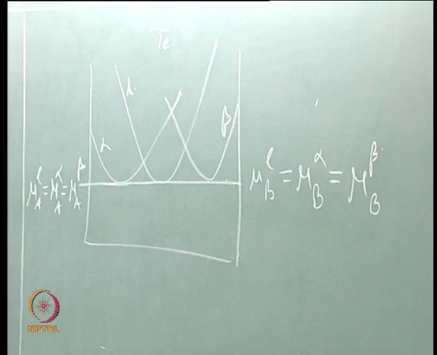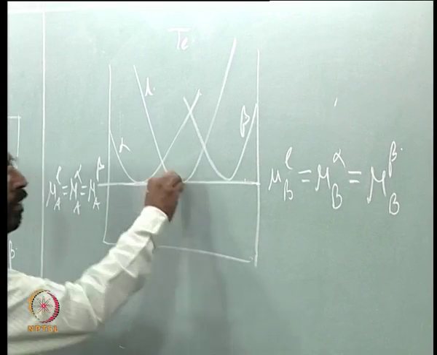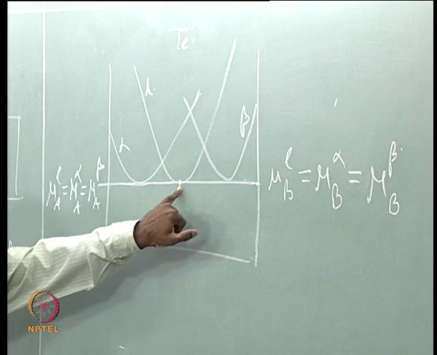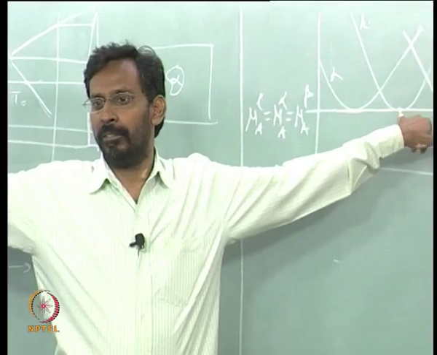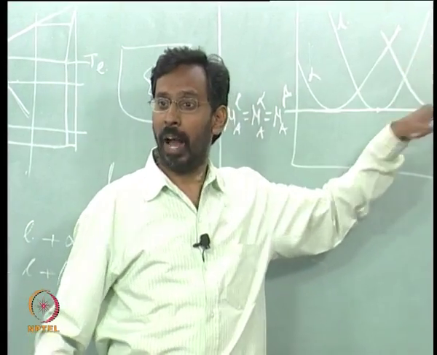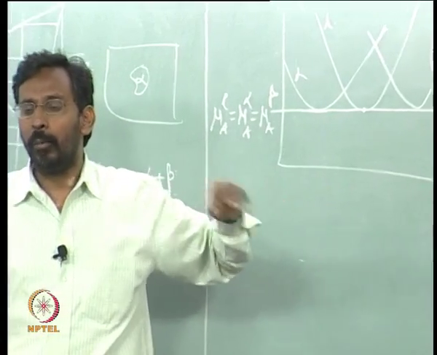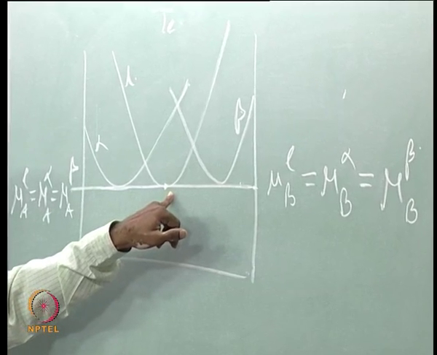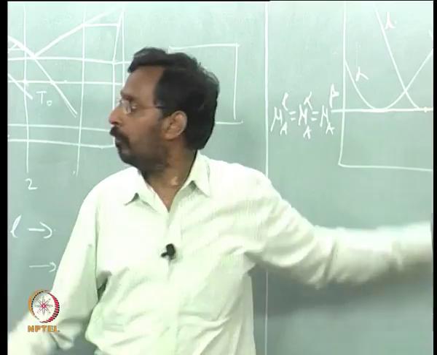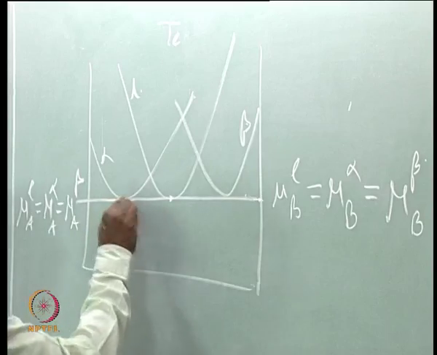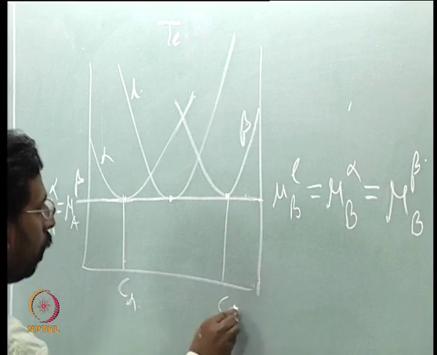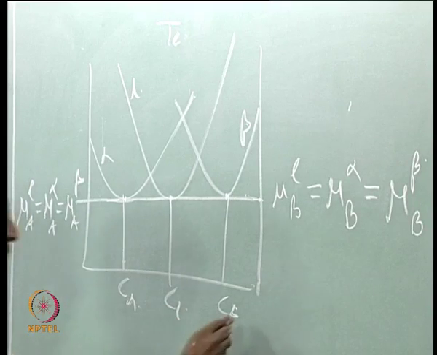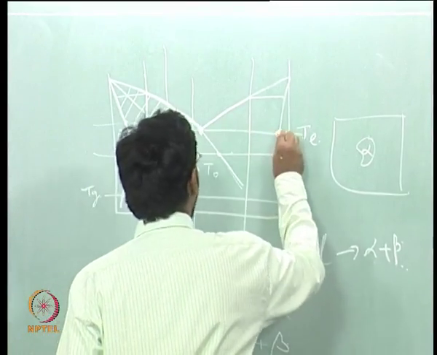And now what decides the composition? Wherever this common tangent is touching, the composition corresponding to that common tangent will be the composition of the liquid. So if you draw these free energy curves at that temperature and draw a common tangent, this will be the liquid composition, this will be the alpha composition, and this will be the beta composition at the eutectic temperature. That means these three compositions. So, everything is fixed,